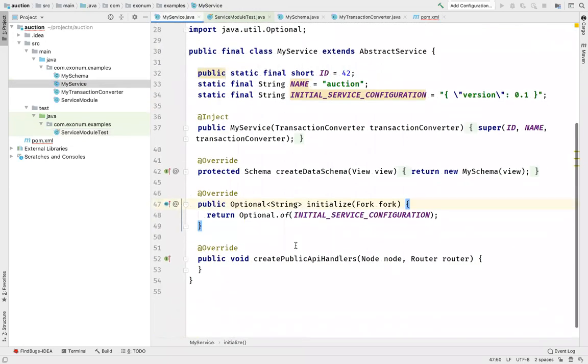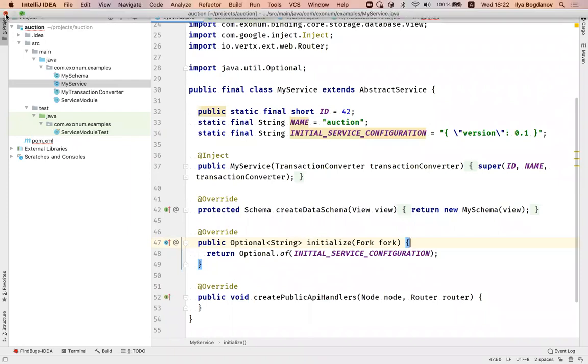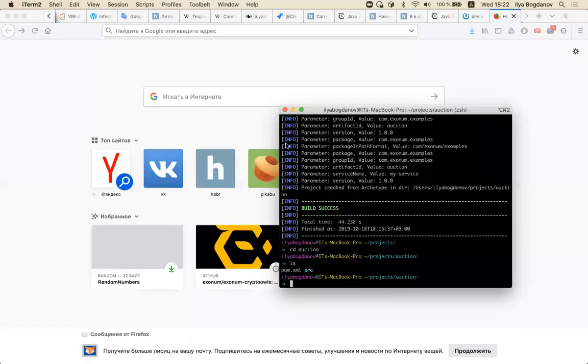So again, we need to implement our database scheme. We need to implement our business logic, our transactions, and the last part, we need to implement our public API using the Java Vert.x server. So now I will close this newly created service